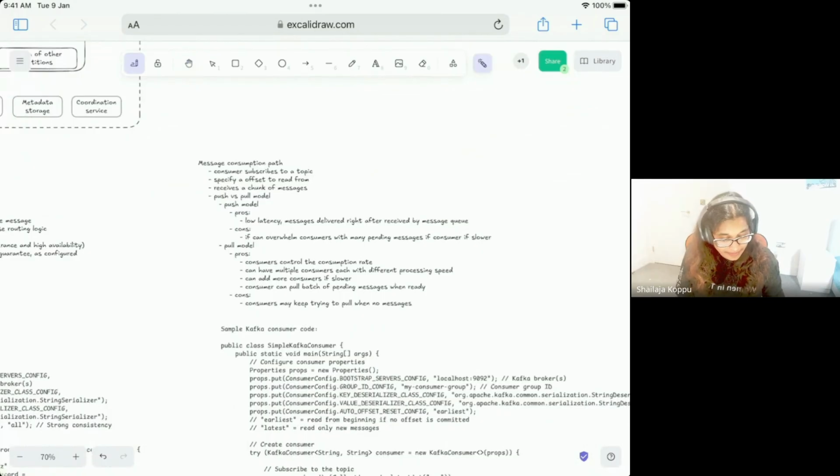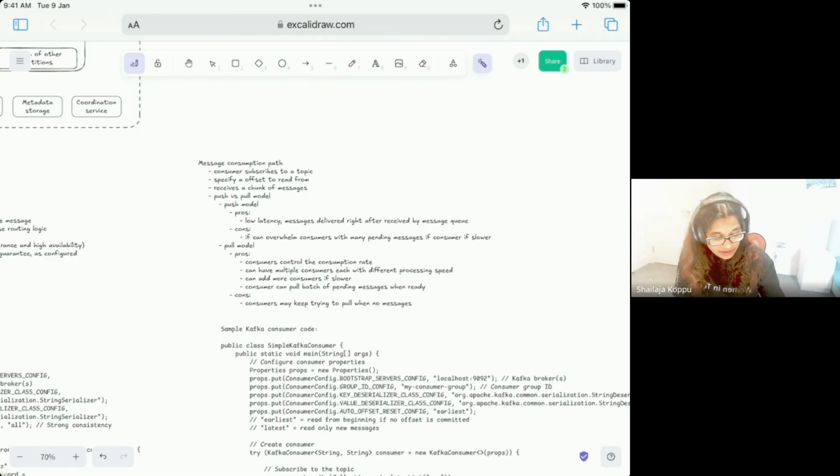There are a couple of advantages of both options. In the push model, as and when a message arrives, it is immediately delivered to the consumer. So it's low latency. There is no waiting. But the disadvantage is, if the consumer is lagging behind or has too much work to do, and it gets a message through the push model, it's unable to process or respond at that time.